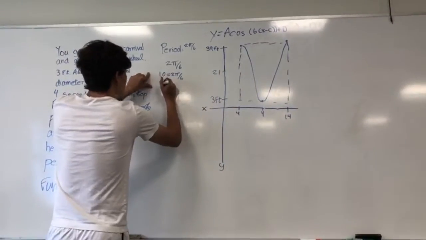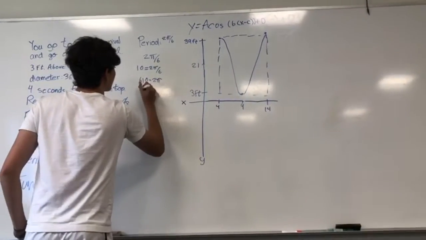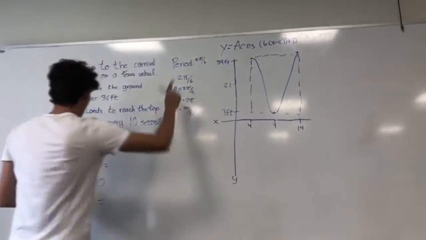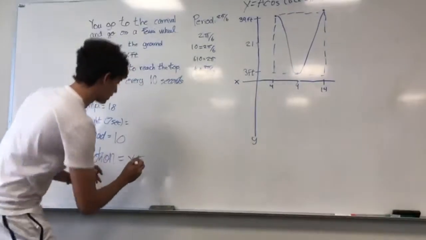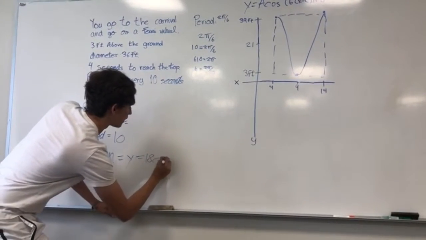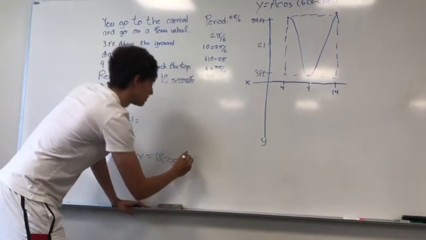Do some algebra, and there we go, that's our b. So we are going to start and get our function. Then cos, the a is the amplitude, so 18. Then cos of b, which is 2 pi over 10,